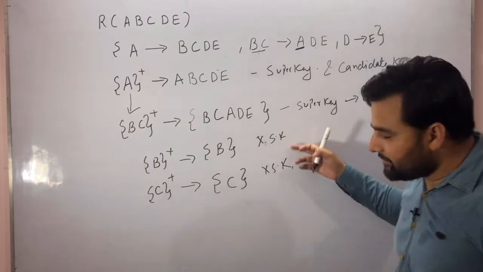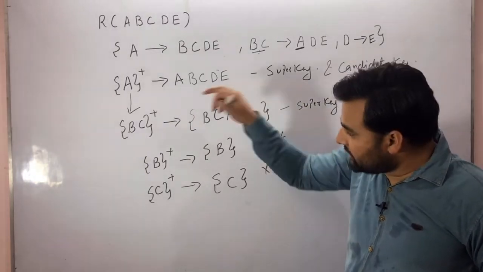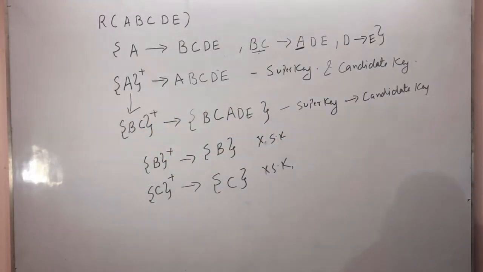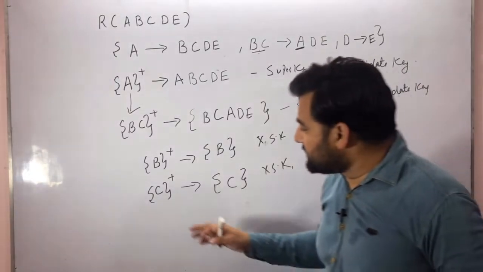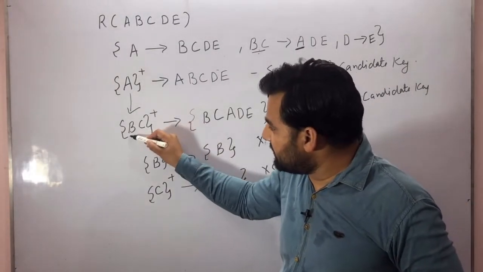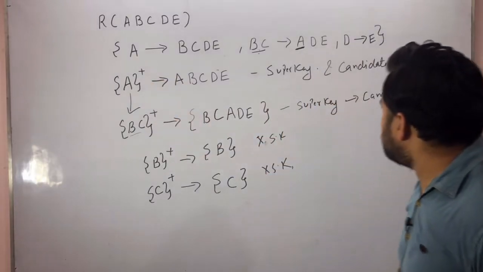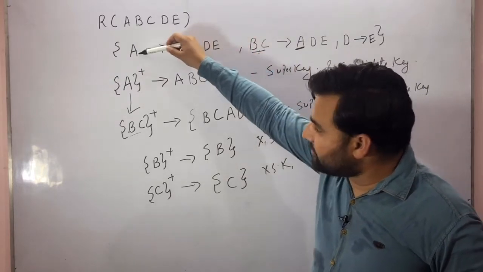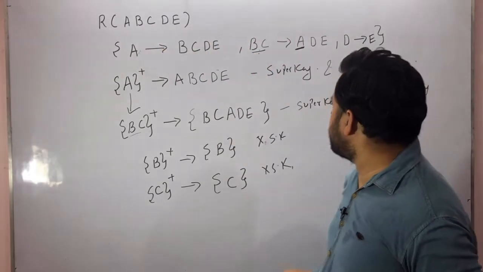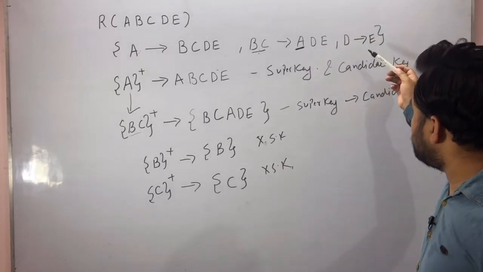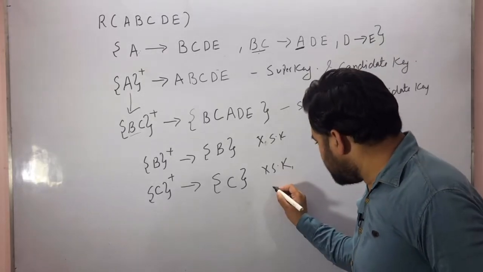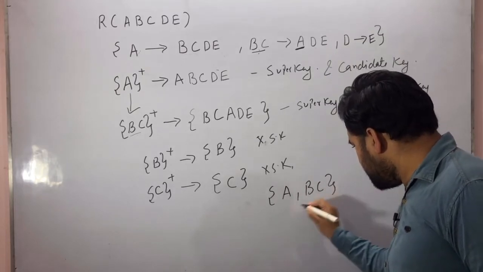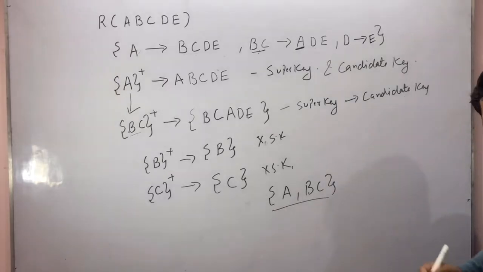If any one of them was a super key, then in that case I could say that BC is not a candidate key. Now students, let's see, is there any other candidate key available except A and BC? I will look for these attributes on the right side. Here BC is there, but I have already found A is a candidate key. So we are not getting any other element. So what are the candidate keys in this relation? That is A and BC. These are the candidate keys which are available in this relation.